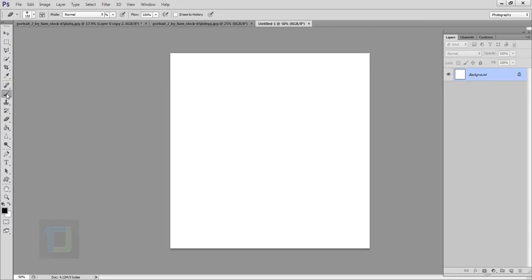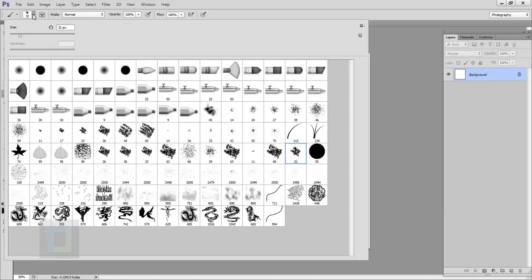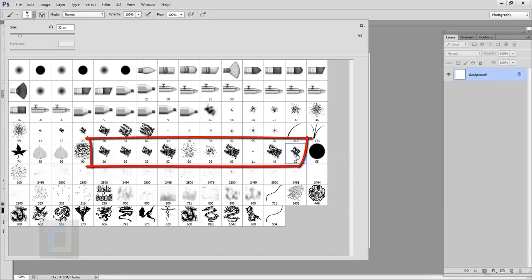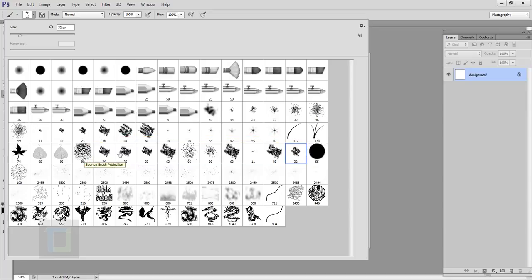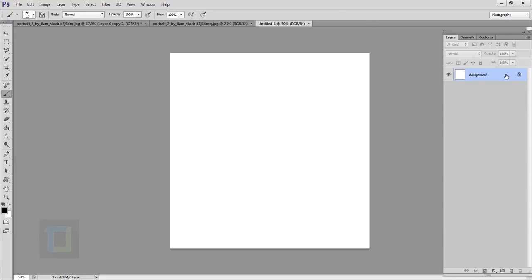Now I'm gonna select my brush from here. And then here in the brush you have these really cool brushes. You can see this row from 32 to 90. You can use any of them and it will work really nice. Not the 90 though, I think. So I will go with the 32 number. Now if I draw a line, it looks something like this, which is not very interesting,